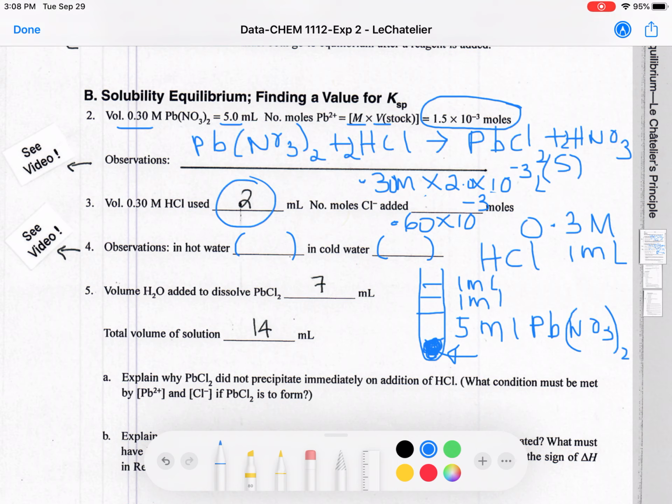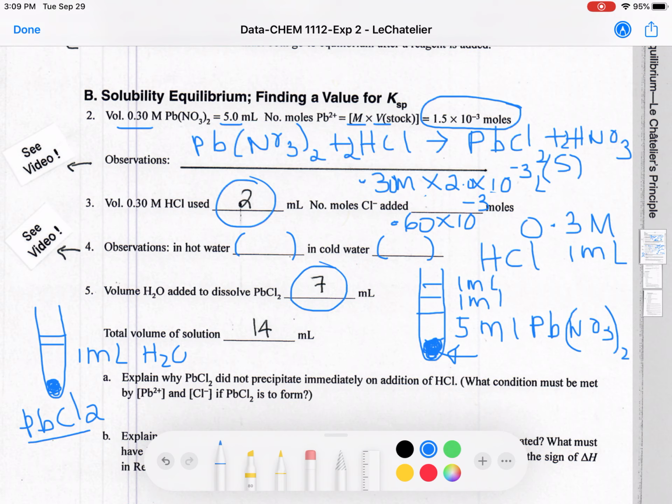Okay, so now to this precipitate you're going to be adding water. So now we made lead chloride. You're going to add water in 1 milliliter increments. What are we doing by adding water? We are diluting the solution. Right? Now lead chloride is a precipitate. You add 1 milliliter, you shake it up. Another milliliter, you shake it up, and likewise you add several milliliters of water. As you keep on adding water and shaking and mixing it, you will see when you add 7 milliliters of